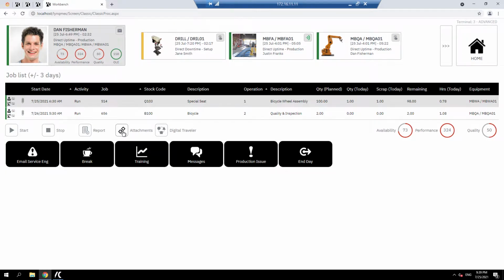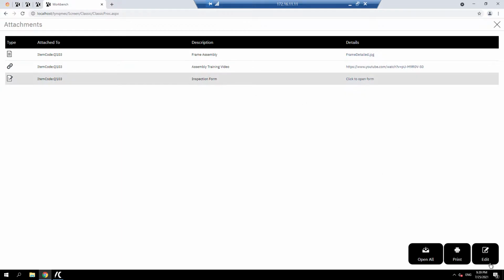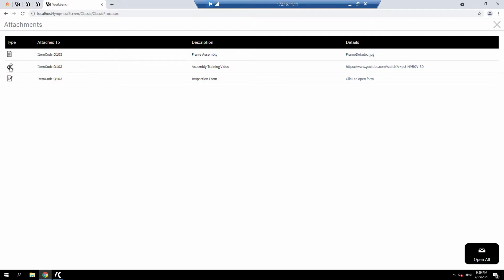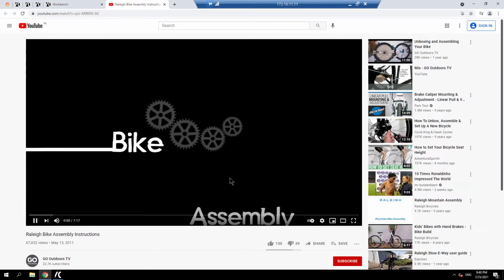So this is on the workbench, on the shop floor. And as you can see, I've got several documents here. I've got this training video, inspection form. Let's go in and edit that inspection form. I can put in whatever I like in there, save that to that stock code. I can open up the video, training video. I can open up the drawing,